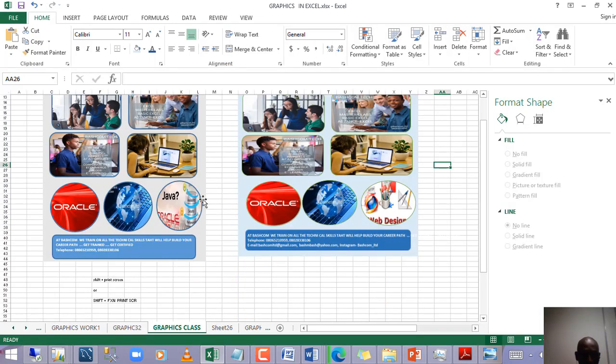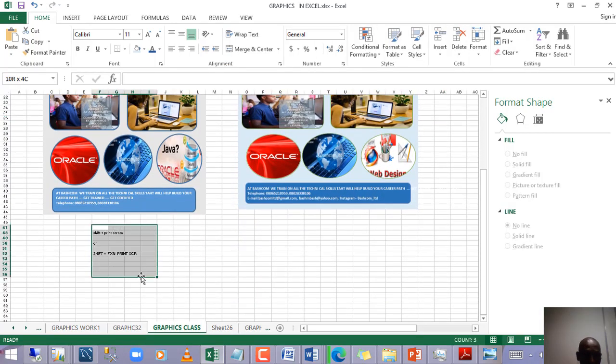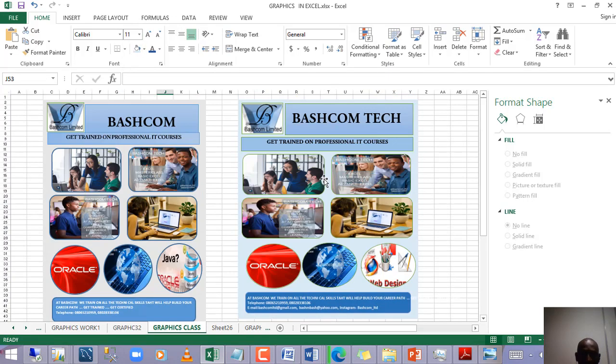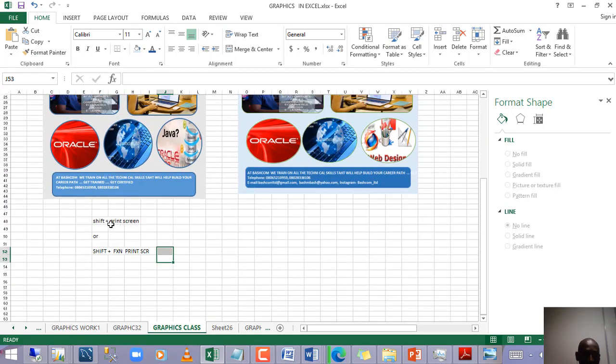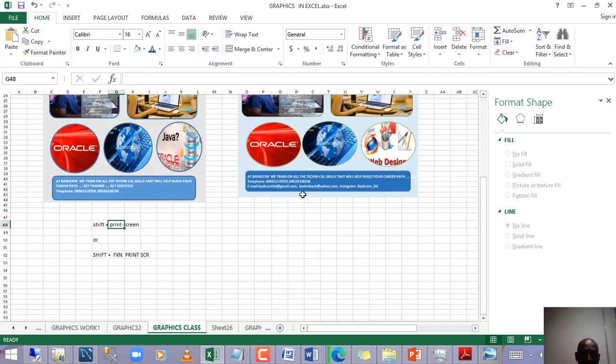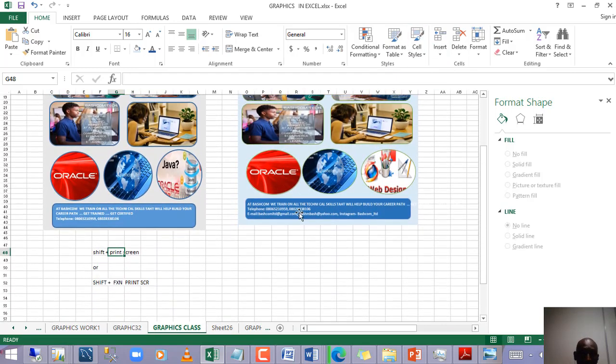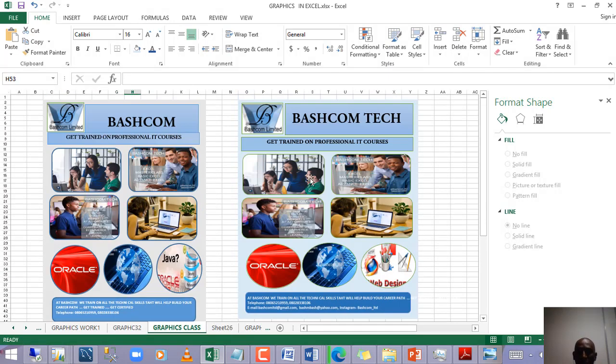Now you type shift print screen here. Let me make this one big so you see with your keyboard. Depending on the type of laptop that you have. So you type shift print screen. What shift print screen does is that it takes a photographic image of your screen. That's what it does. For some laptops, you have to press shift function print screen. So you press shift print screen, then